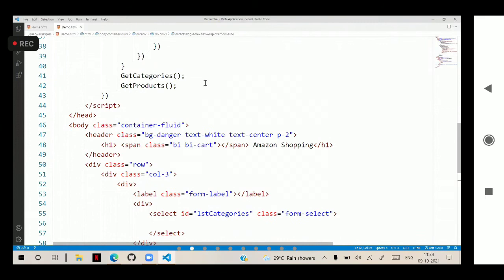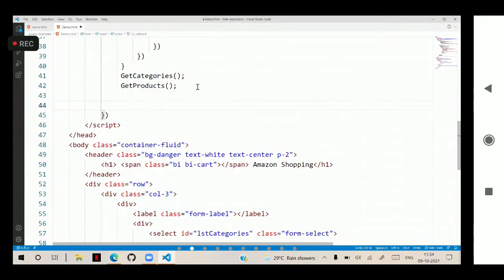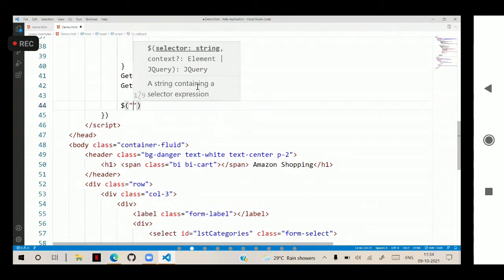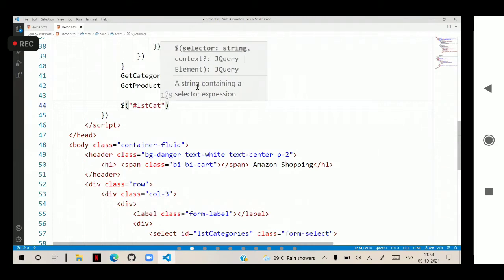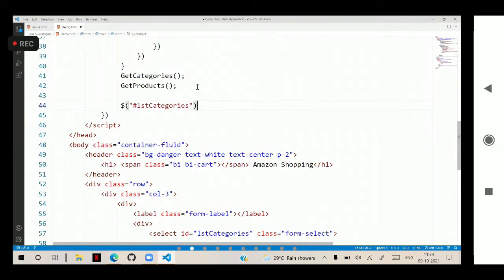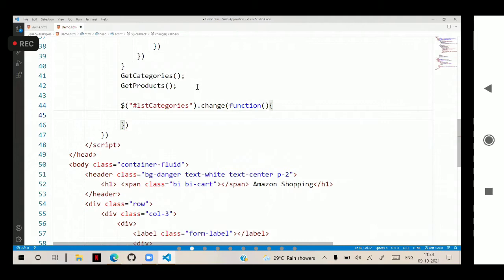Here we have to write $('#lstCategories'), that is actually the drop down, dot change. Change is an event, it's a function, and this function can have e, that is the event argument. You can access the event arguments directly here through e.